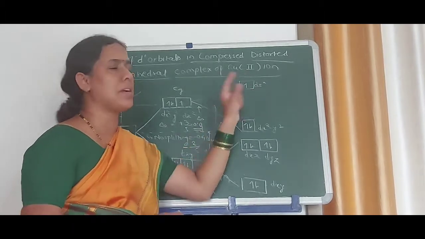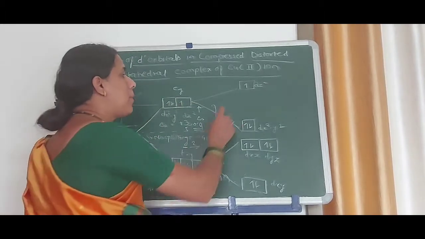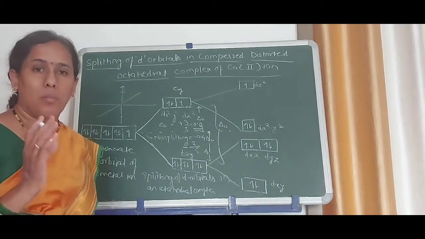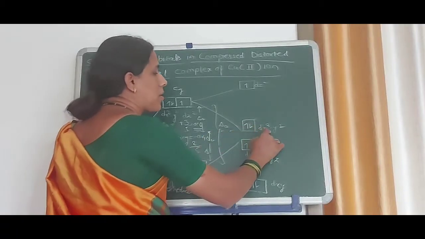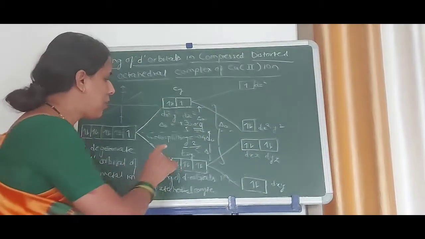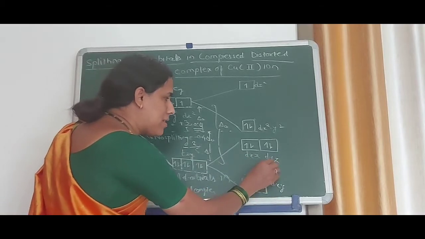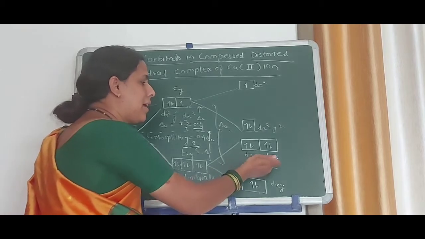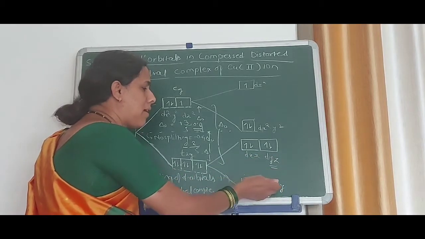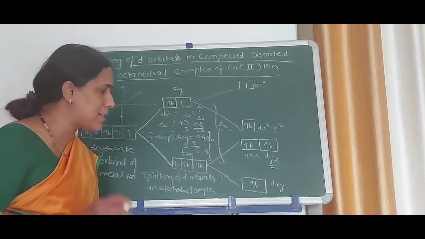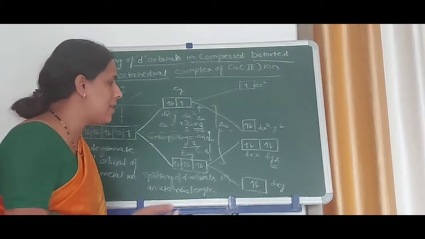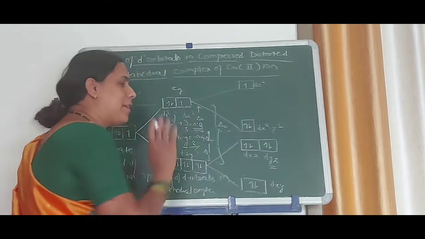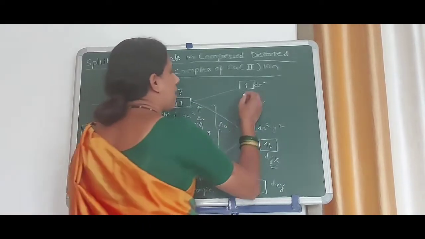As the ligands approach the central metal ion, the repulsion is greater, therefore the z orbital possesses more energy than dx square minus y square. Here also in the T2g orbitals, the orbitals that come closer to the central metal ion are dxz and dyz. Therefore the dxy orbital occupies the lower energy, that is, there is less repulsion for dxy than for dxz and dyz. Therefore here also